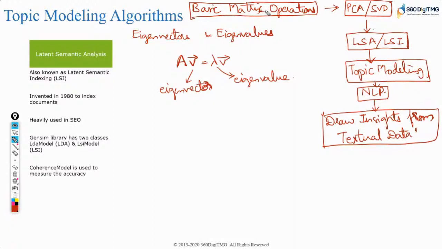Understand the ABCDs, then learn the words, then learn the sentences, then form the paragraphs, then probably you graduate, in that way. So we are now just understanding basic matrix operations. Where is it used?